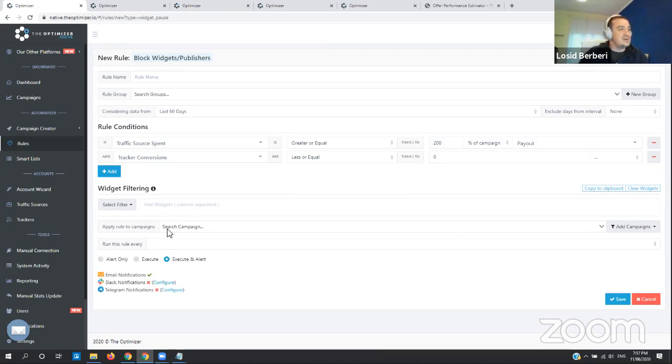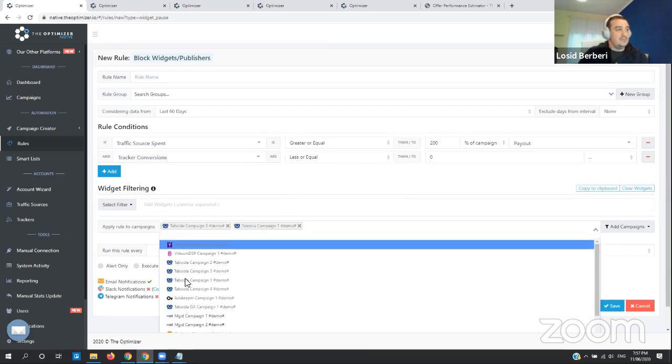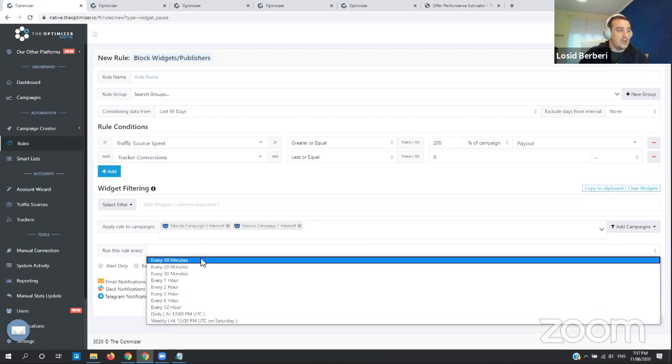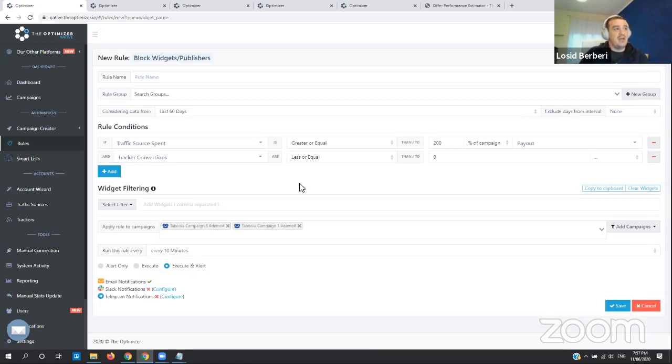Then apply the rule to these 2 campaigns that we are running, and tell the system to check every 10 minutes if over the course of the last 60 days these conditions are true, and then block the widgets. And this will help us to create a generic rule. So let's call this generic 2 times offer payout,